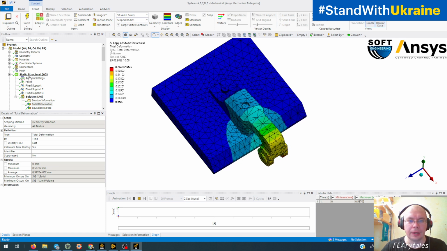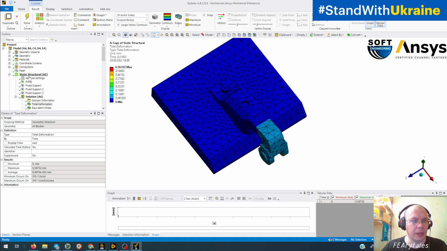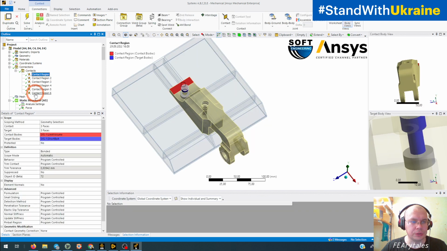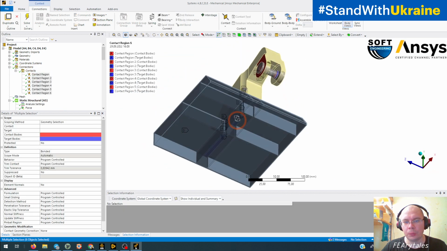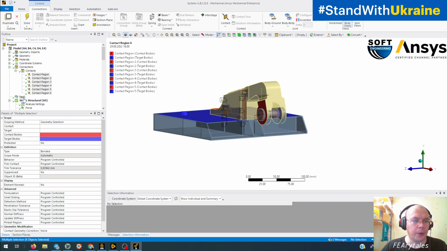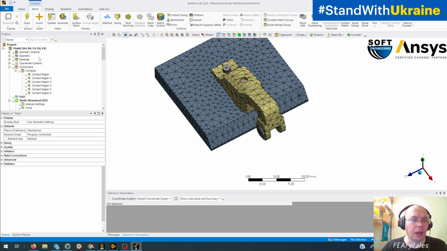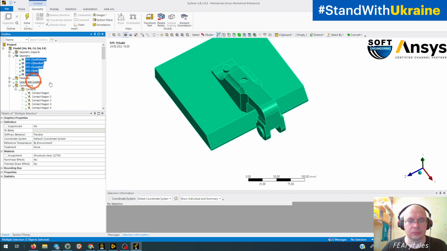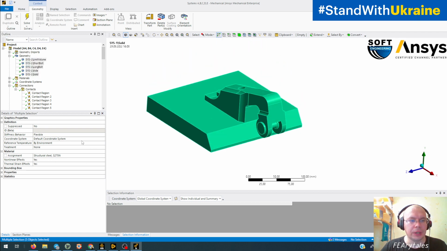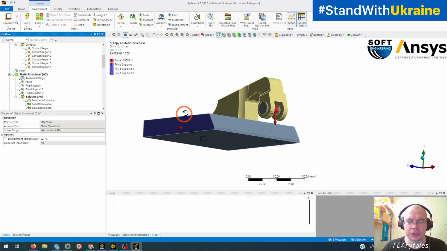the general version of statements, the most general. We have a bonded connection for all parts. We have default mesh for all parts. We have some general linear material. And we have boundary conditions and